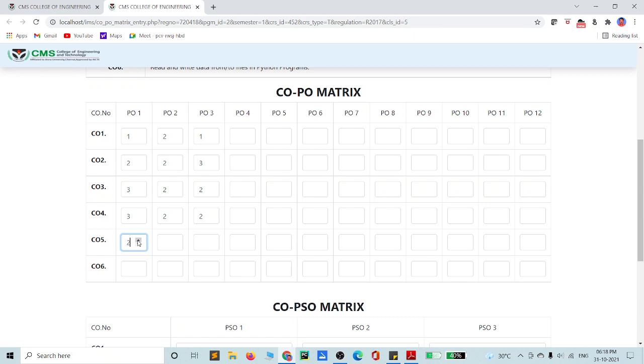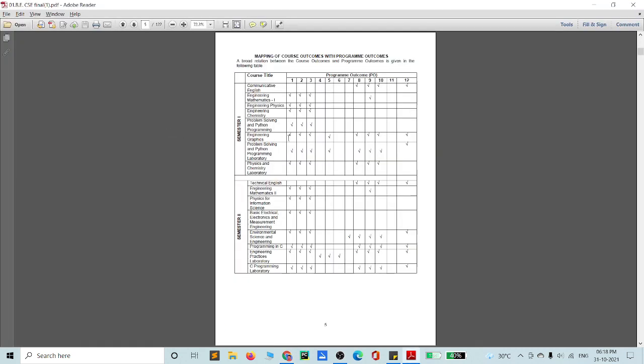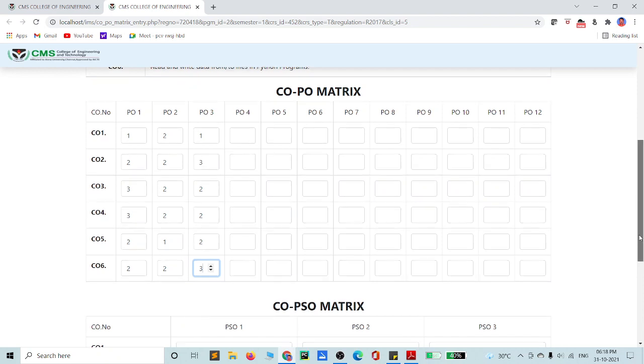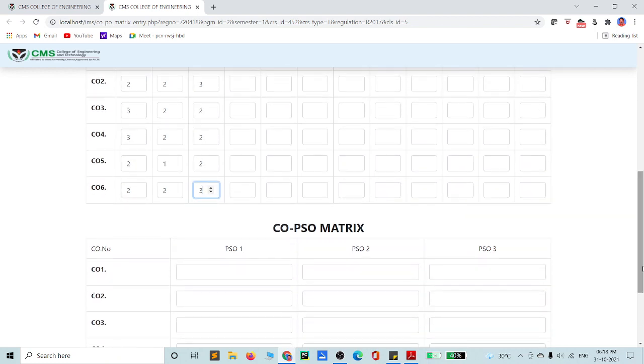Only 3 POs are mapped in the corresponding subject: PO1, PO2 and PO3, for Problem Solving and Python Programming. We have 6 course outcomes, so we have to put values in 6 rows.